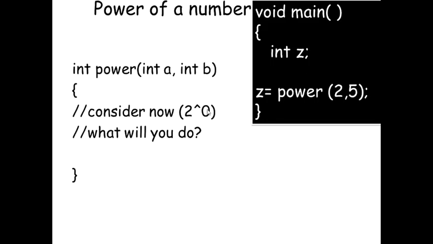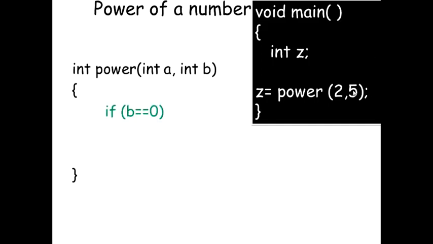Fine. What are you going to do if you have something like 2, 0, that is 2 raised to 0? In that case, you will have to write a condition which gives you an answer for 2 raised to 0. So I am expecting that this is the base and this is the index. Alright. So if 5 is going to be the index, in this case it is going to be 0 because we are working for 2 raised to 0. So this one becomes b. The condition is on the b. So if b equal to 0, you will have to give out an answer, and that answer is 1. So you will be returning 1.